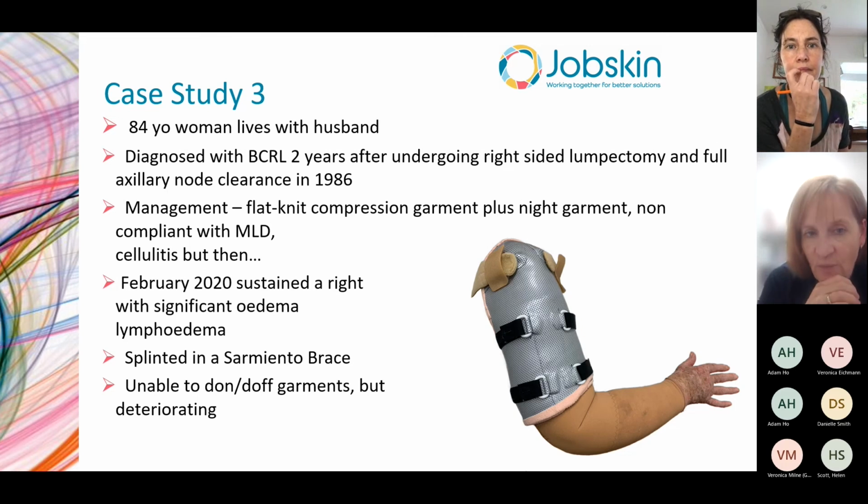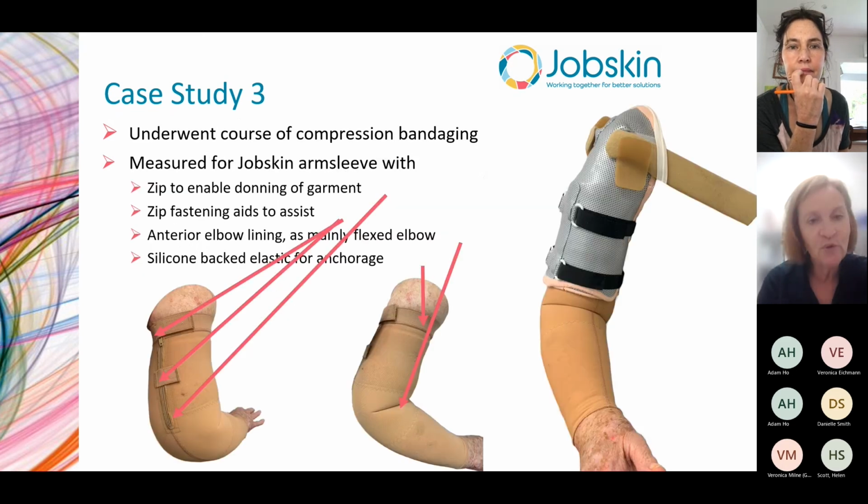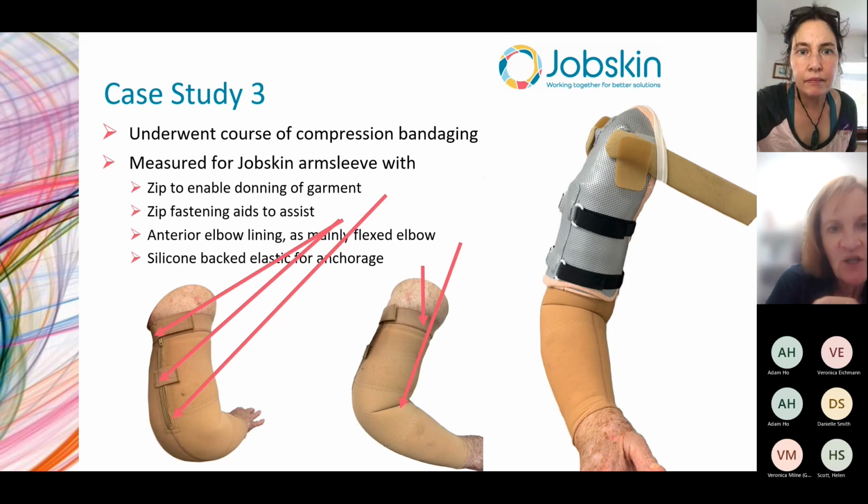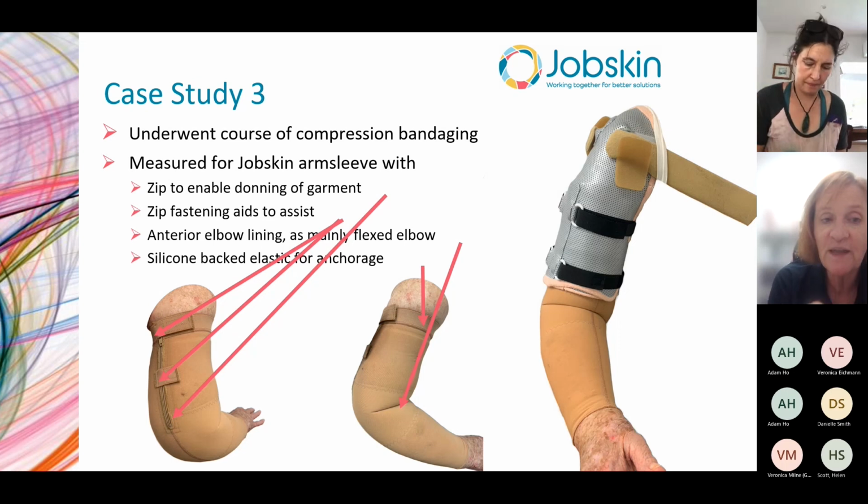She had to go into a Sarmiento brace to treat the humeral fracture, but there's absolutely no way that she could get a flat net garment on. So the therapist who was treating her opted to put her into a Jobskin garment with some modifications. She had silicone-backed elastic at the top to help with anchorage. She had a posterior zip because that was going to be more comfortable with the Sarmiento brace, and zip fastening aids to hold the two sides of the zip together while the zip was done up,